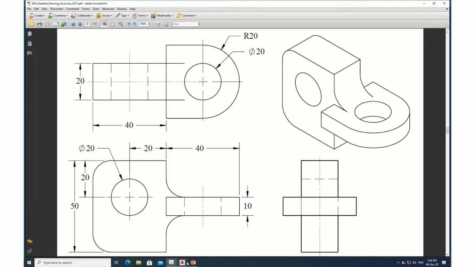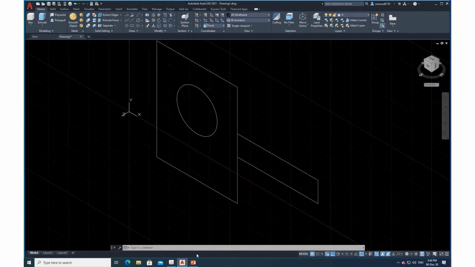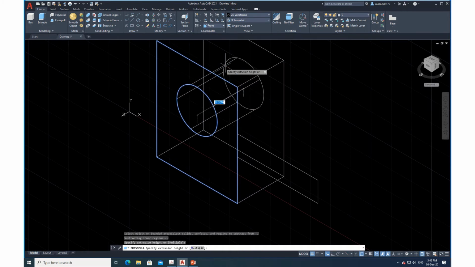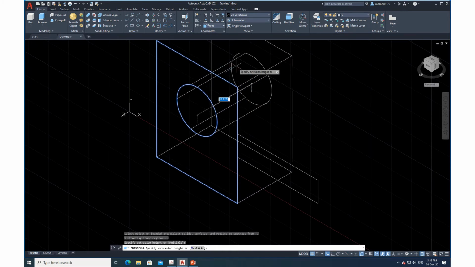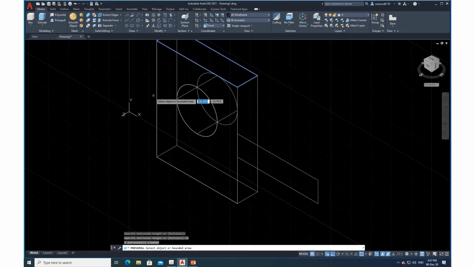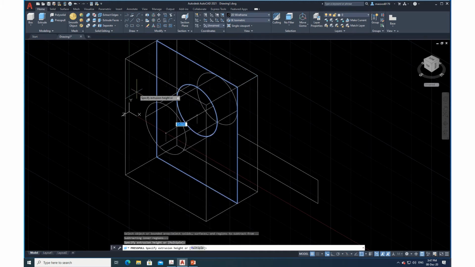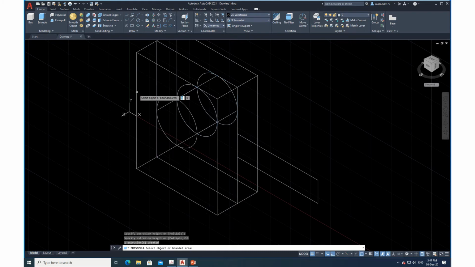Okay. So I will just go back here. I will just say press pull. Select this one. Go back like this. I will project how much? 10. Enter. Then again same thing. Come like this. 10. Enter. Okay, see here now what has happened. I have selected it in such a way that from the middle 10 this side and 10 that side.